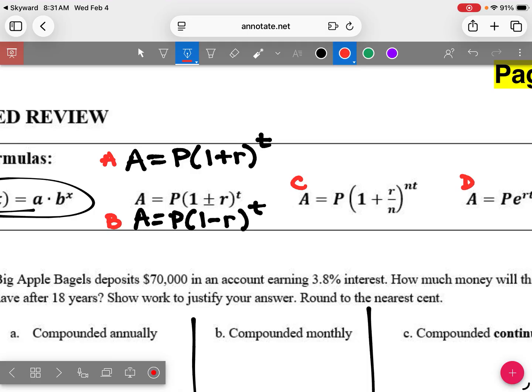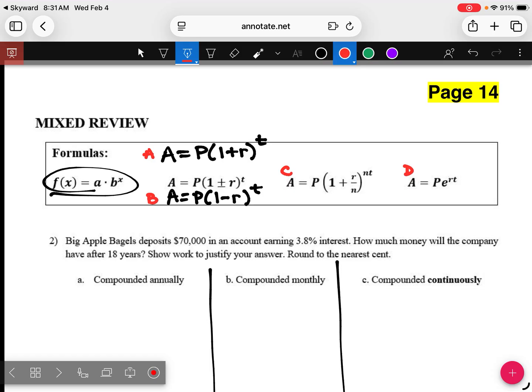So we got Big Apple Bagels. They deposit